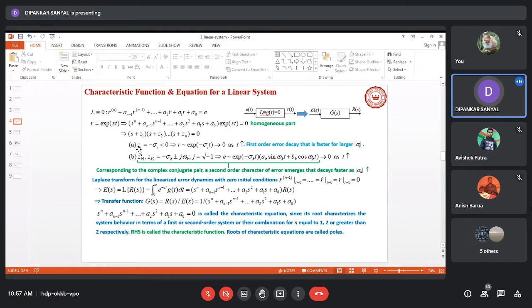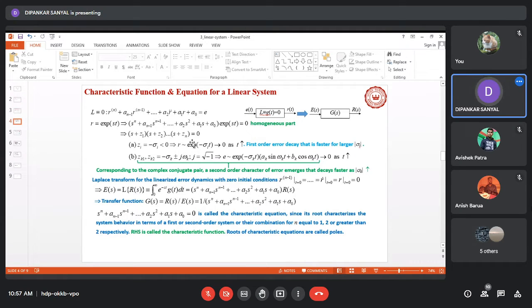The real z we are considering in this form, and the complex conjugate we are considering in this form, where j stands for √(-1). So if z has a negative real part, then the corresponding solution will be of this form, and because of this negative sigma, we can clearly see that